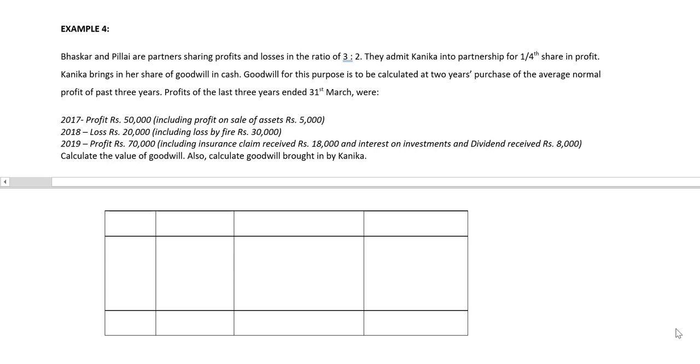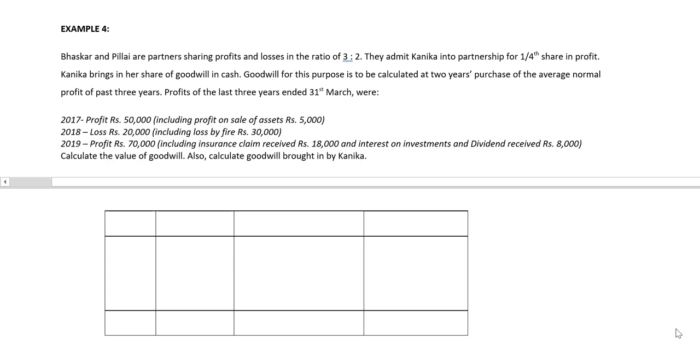Bhaskar and Pillai are partners sharing profits and losses in the ratio of 3:2. They admit Kanika into partnership for 1/4 share in profit. Kanika brings in her share of goodwill in cash. Goodwill for this purpose is to be calculated at 2 years' purchase of the average normal profit of the past 3 years. The profits for the 3 years ended 31st March were,